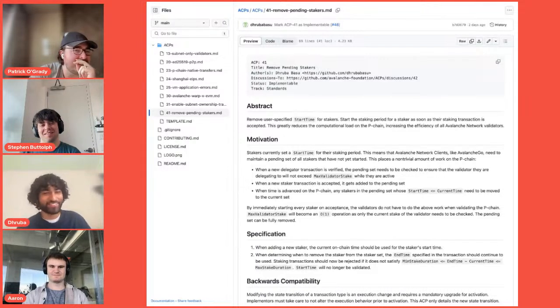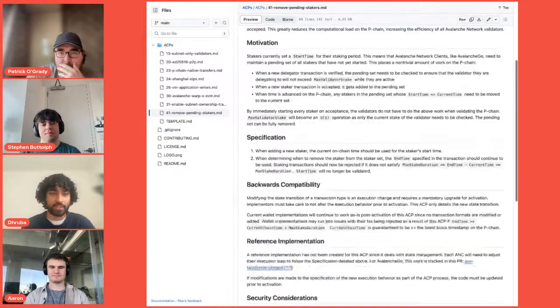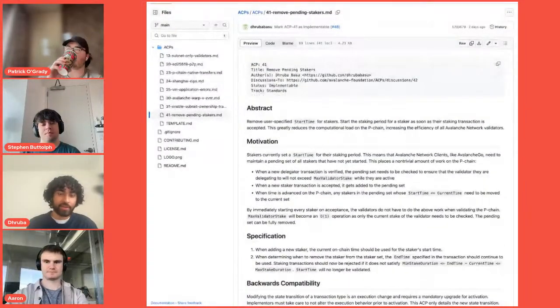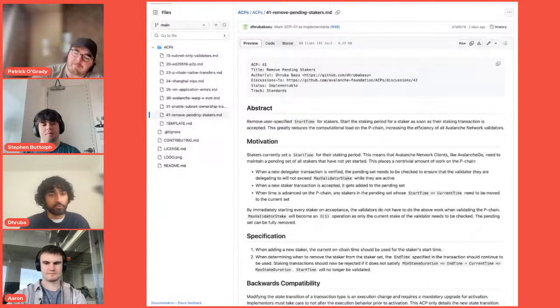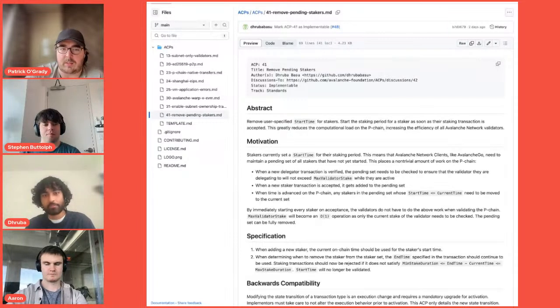Thanks, Patrick. So this one's a lot larger than the other ones I've written, simply because it changes the staking dynamics on the P chain. So taking a little bit of a step back, whenever you issue a staking transaction, this could be adding a validator, this could be adding a delegator, you have to specify a start time and an end time. Now, the start time has to be a little bit in the future, but not too far in the